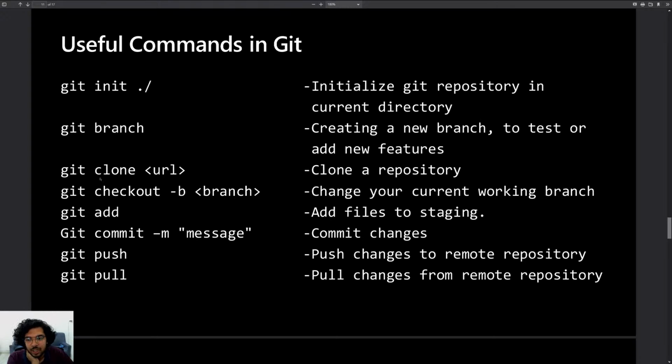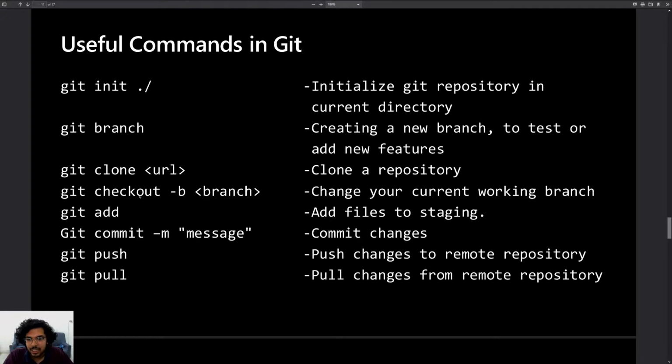So from GitHub you can clone the entire repository on your local system. It will be exactly the same file structure, and all the files and all the source code will be exactly the same as on the remote repository.